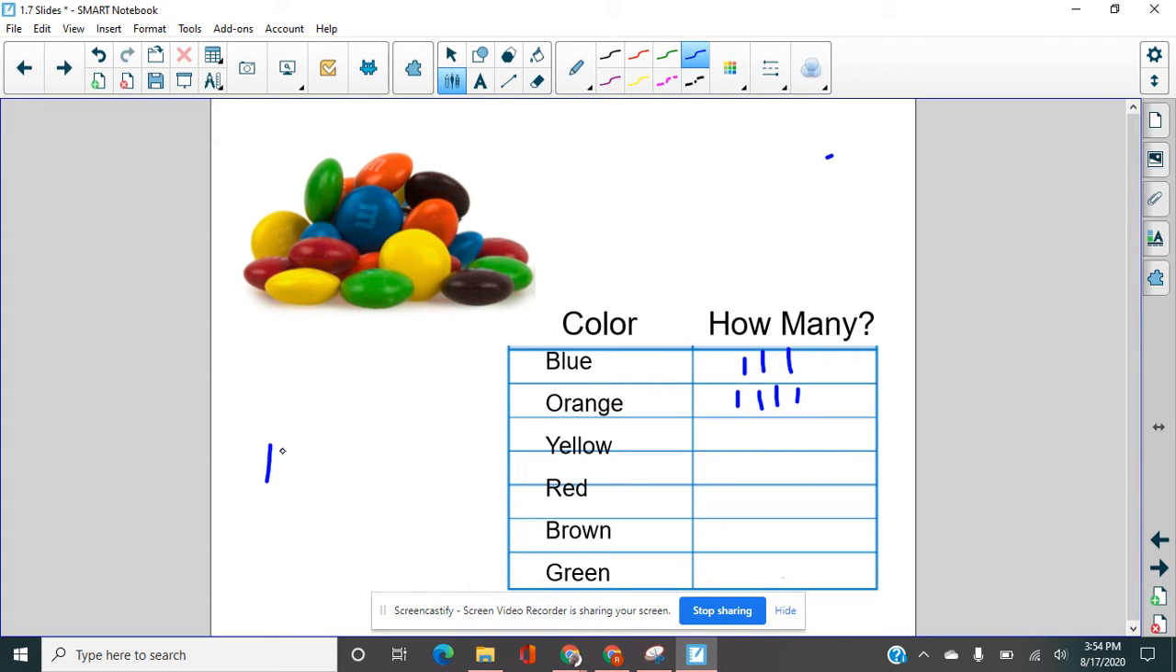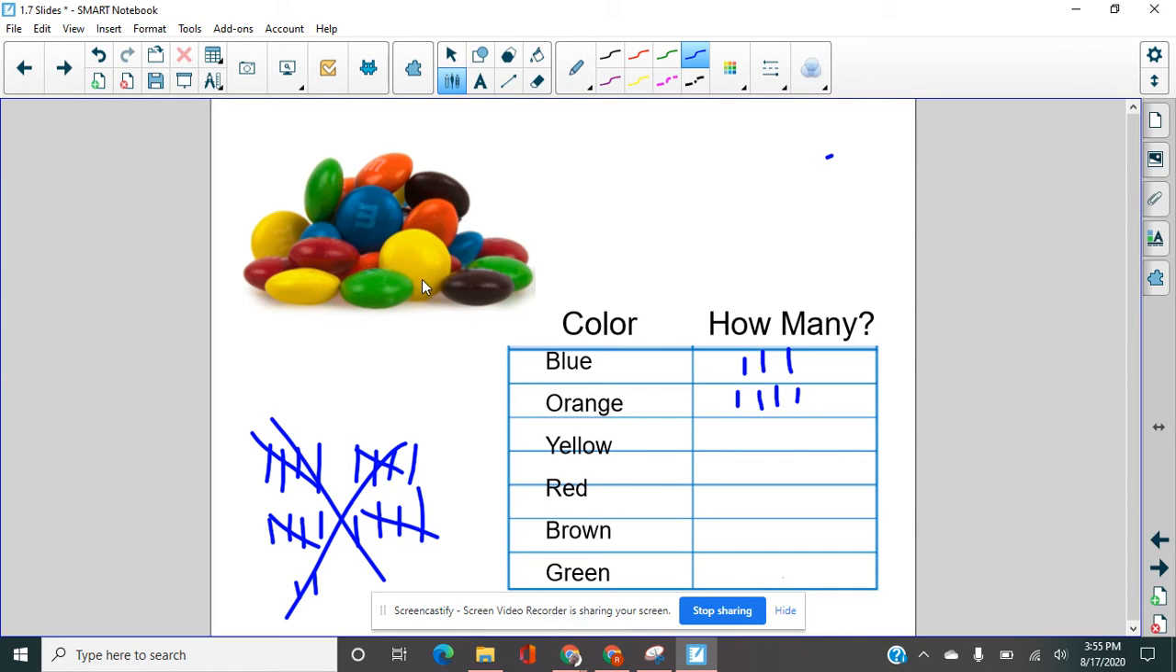Remember, if we see 5 of something, the fifth tally mark goes across like that. And that makes it easy to count when you have lots of them. Let's say you had this many. Instead of having to count every single mark, you can count 5, 10, 15, 20, 21, 22. Okay, but we don't have any with 22